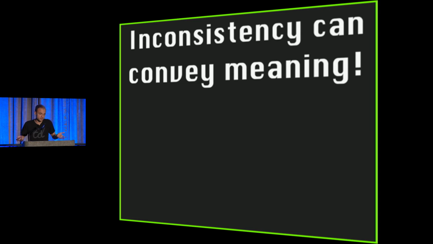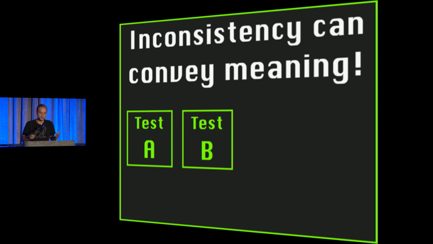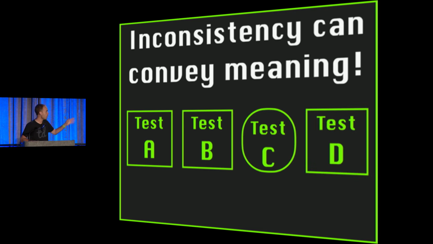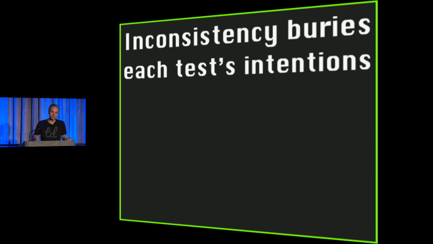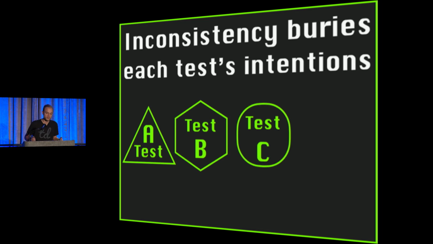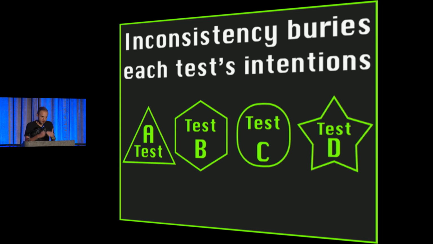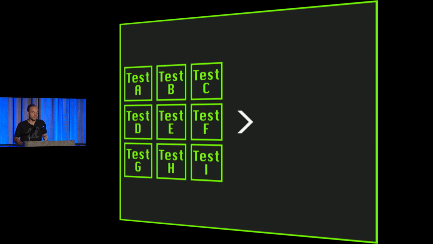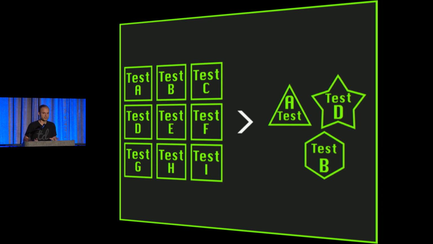When everything is consistent, inconsistency can convey a lot of important meaning. So if I've got several tests, and I'm just looking at them, I say, oh, wait, test C is a little weird. That must imply that there's something special about object or type C or function C. Let's look into that and figure it out. But I only get that benefit if things are generally consistent. If every single test is a special snowflake, I have to bring that same level of scrutiny and close reading to every single test, which really slows me down. So on the whole, I would much rather be maintaining dozens of mediocre but consistently applied tests rather than just a handful of very brilliant and awesome but super creative and inconsistent tests.